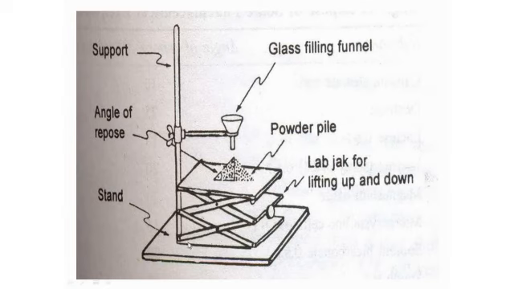We generally perform this in our laboratory like this. This is a simple funnel. In an industrial setup you can call it a hopper; for laboratory scale, it is the funnel. If we allow the powder to flow through the funnel, it will flow like this. This is the powder pile, right? So the angle of repose is nothing but this angle, the angle made by the pile of the powder with the horizontal surface. This is known as the angle of repose, right?